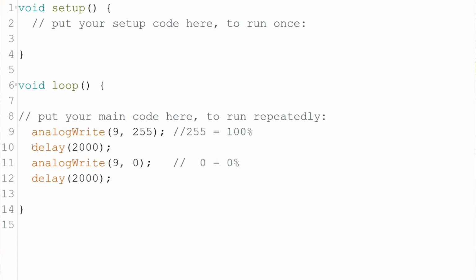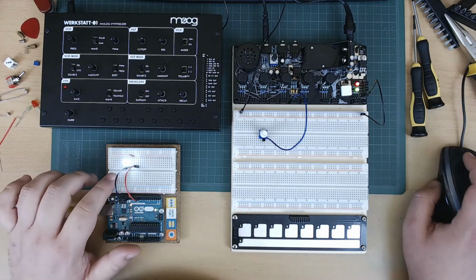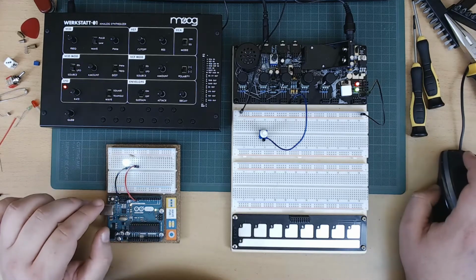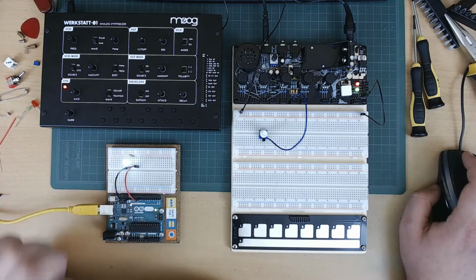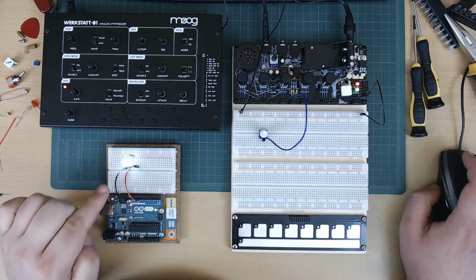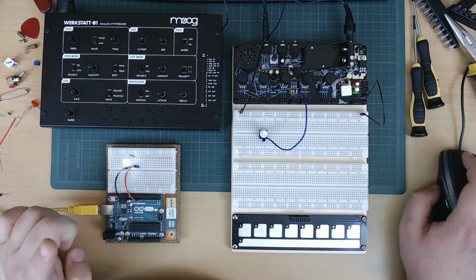But what I can also do now is use values between just off and on. So if I change my 0 in my sketch to 128, then you'll see that my LED goes brighter and less bright every 2 seconds. Now, how can we use this to control the volume of our audio? Well,